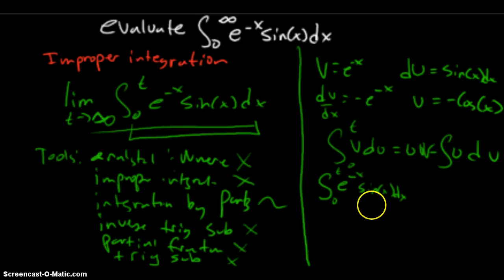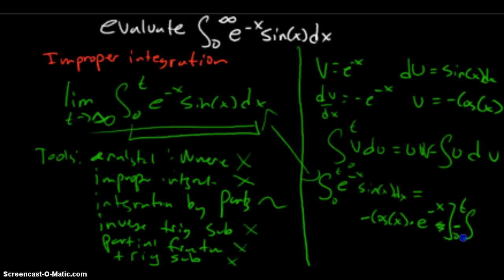So this should be the original expression, which it is equal to our uv, our u is minus cos x, times our v is e to the minus x from 0 to t,